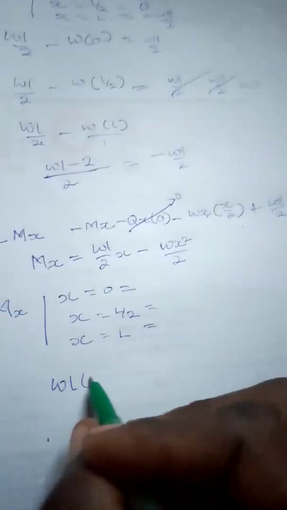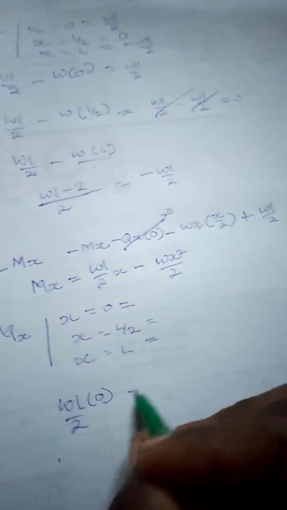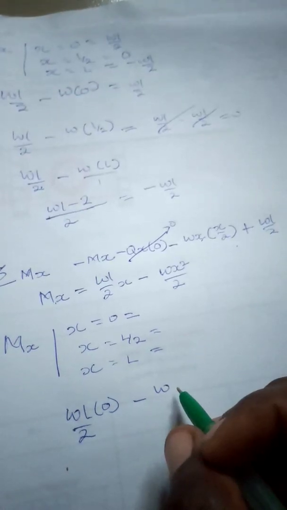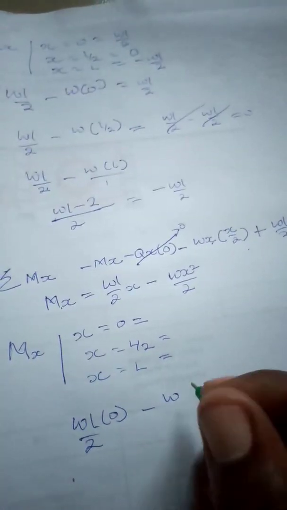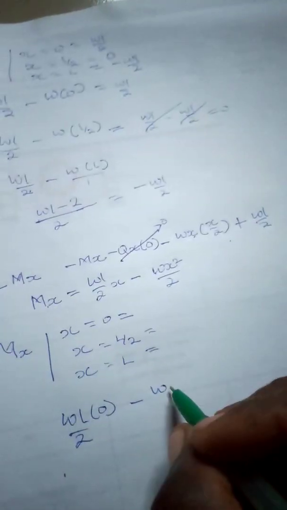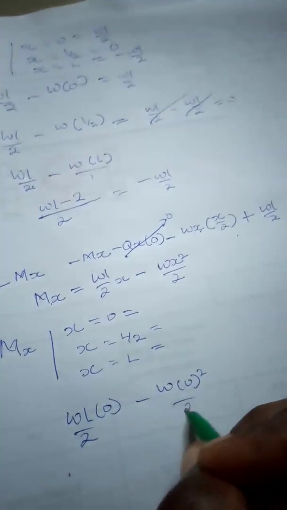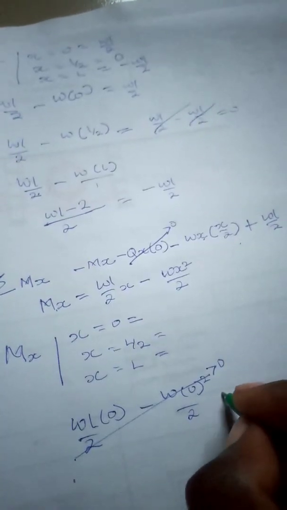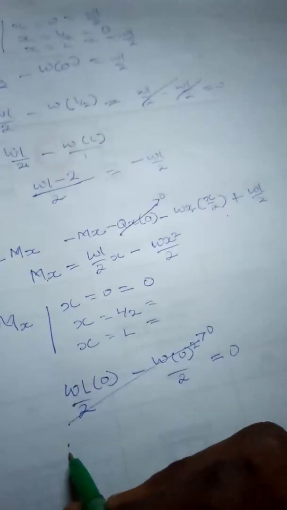So WL when x is equal to 0 over 2 minus W, minus W when x is equal to 0 squared all over 2. Everything actually goes down to 0, so we are going to have here 0, so here is going to be 0. And then when x is equal to